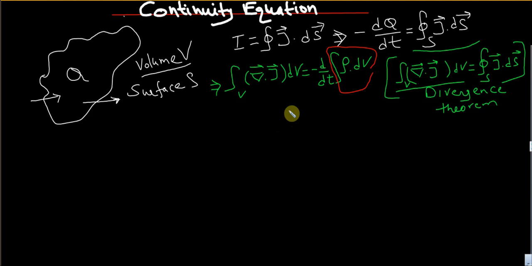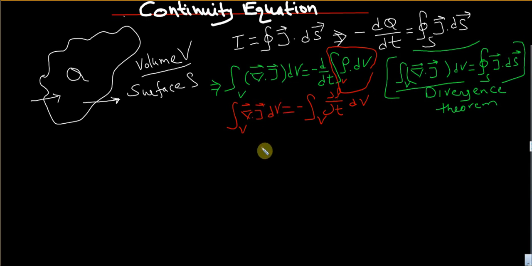Now we can take this d by dt inside of this volume integral. This is also a volume integral, V is here, because this charge is enclosed in a volume. So there will be no change in the left hand side. So we can write here minus of, now this rho, the charge density, may be a function of time as well as position. So this d by dt is converted into the partial derivative, partial rho by partial t, and this is the volume integral of del dot J dV.